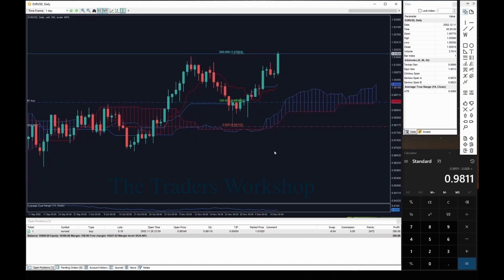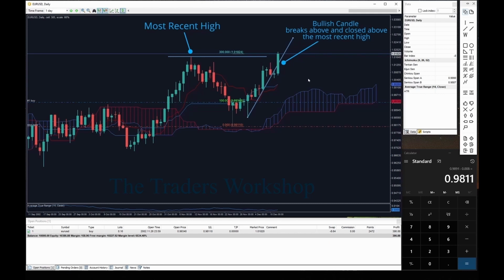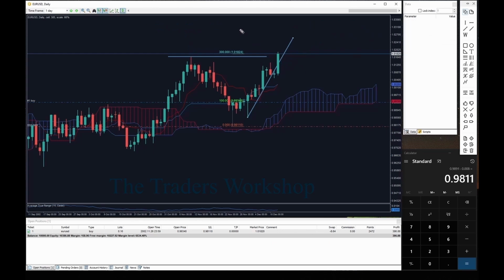Okay guys, the market continued the trend and pushed the price higher. And it seems that two things happened here that triggered our next move. As you can see, this is the most recent high. And the market breaks above, and closed above the high with this strong bull candle, indicating a strong momentum to the upside. And you can also notice, the market hits the 300 level for our first position, and that means we can safely move our stop slightly above break-even, to pay for the swaps, which is now at